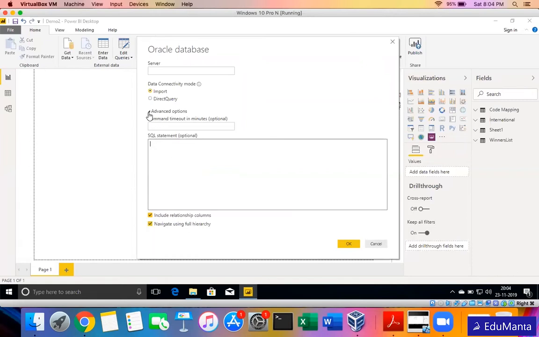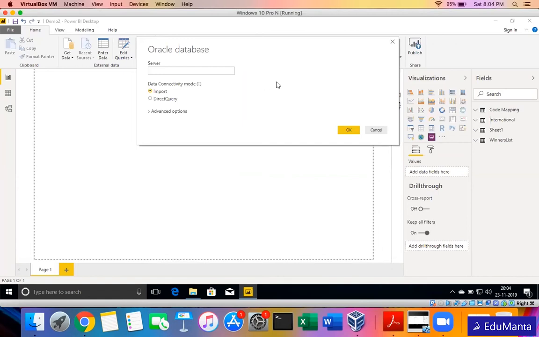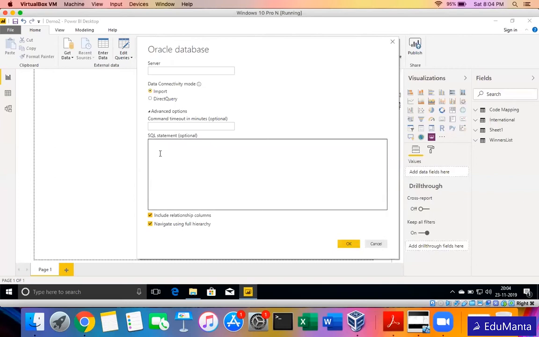And if I don't want to type in the SQL here, I just want to import 3 tables in Power BI and do the modeling inside Power BI, then I don't need the advanced option. I'll just click on import, select whatever tables are needed, bring them inside Power BI, and then apply the SQL, like maybe a filter or something. But this is just for applying a customized SQL, and this is a timeout option. Suppose you know your query will be taking a lot of time and you need Power BI to wait for maybe this many minutes before it gives a timeout error, then you can type that here.